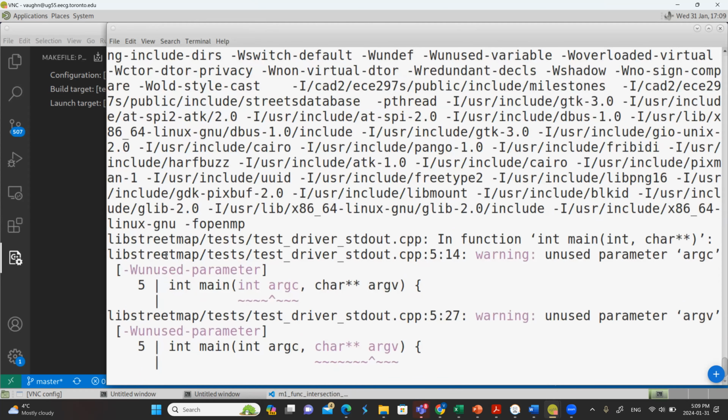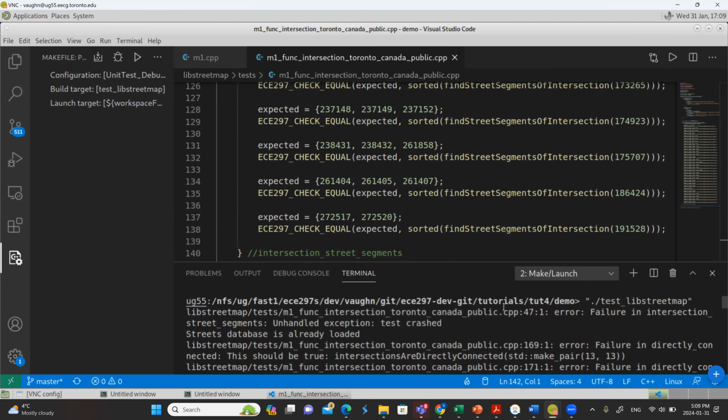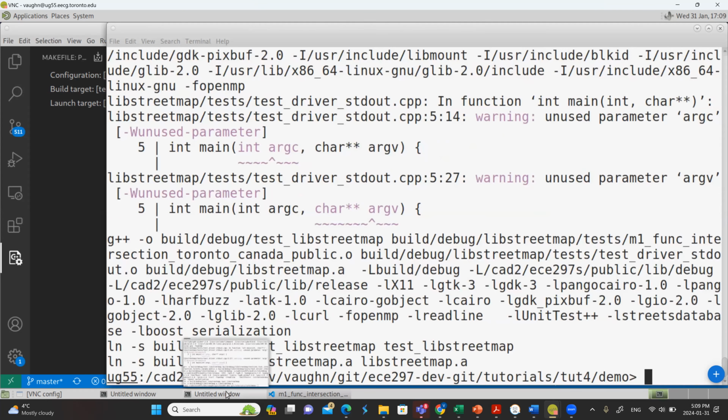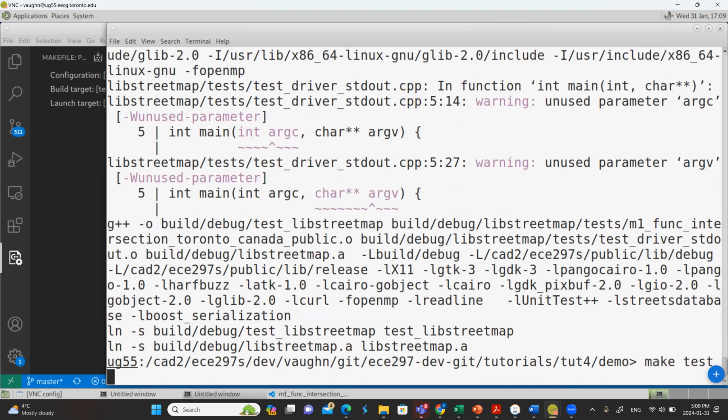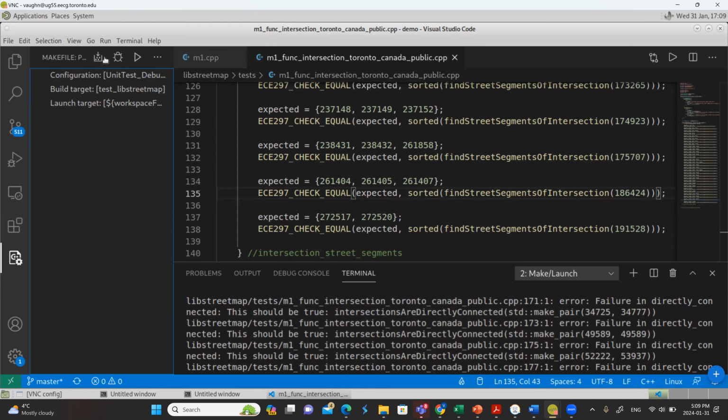Okay, so let me run that. And that is odd. Why does it keep doing that? Okay, so for inexplicable reasons, it's still running the tests that I deleted. And I got this before, and I really can't figure out why it's doing that. Okay, so that looks better.